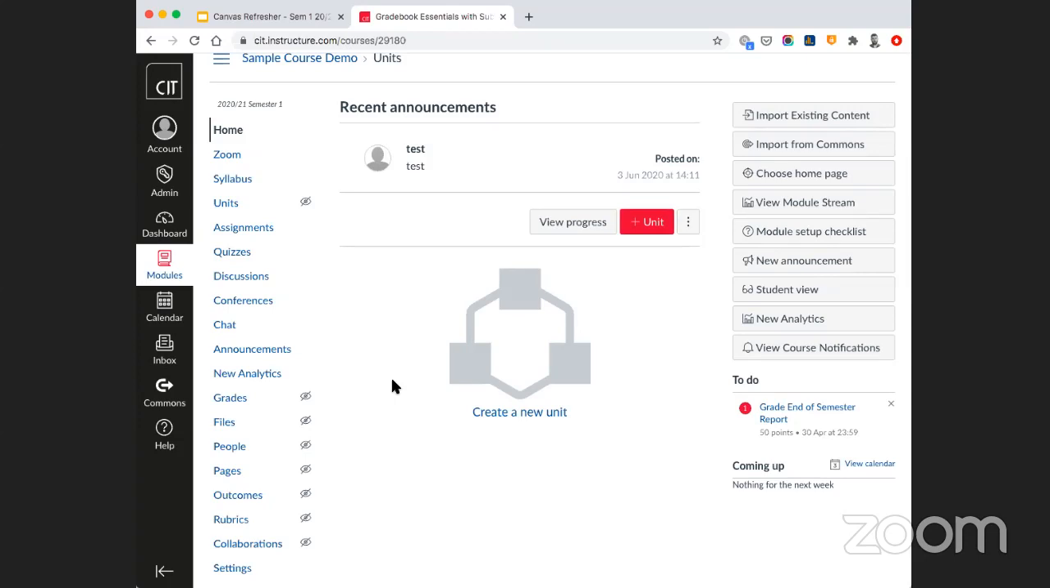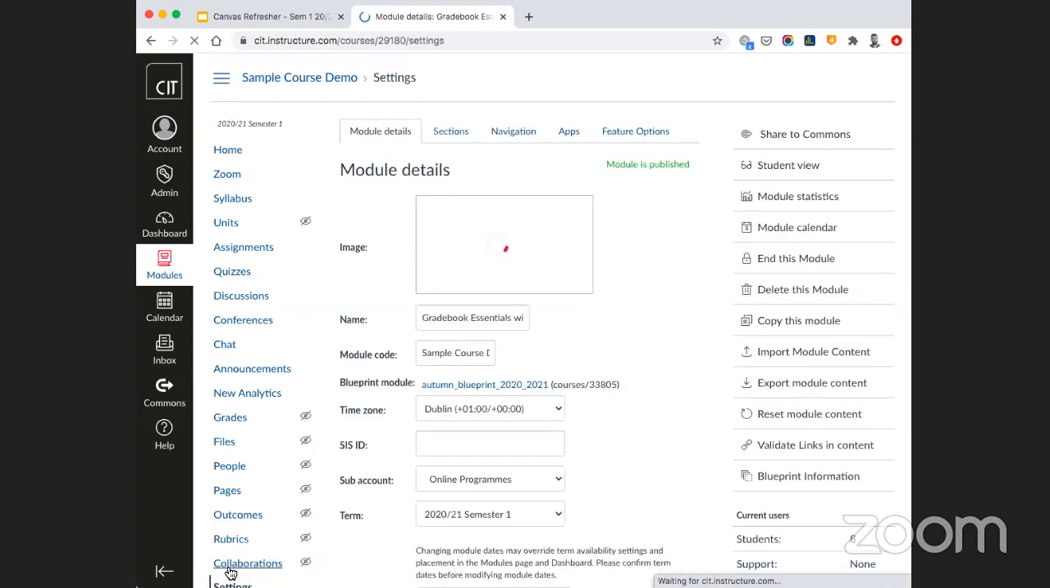I suppose this has been done on the basis of trying to control what students maybe should and should not have access to. But if you wish to, you can adjust these navigation items. We don't necessarily recommend that you do, but if you did want to, you can do so by going into the settings item here at the bottom of the module navigation menu,